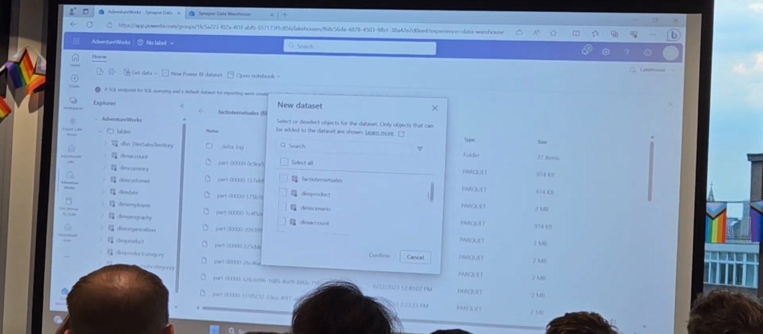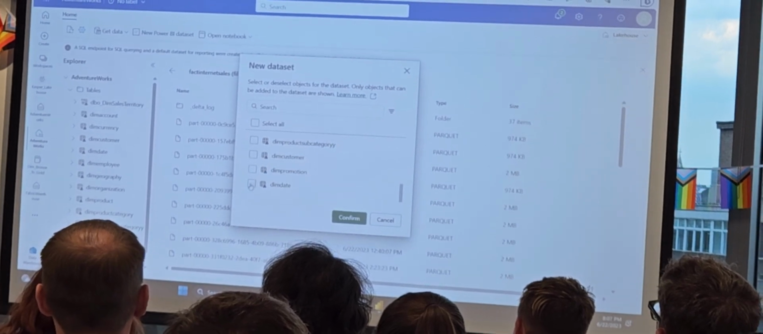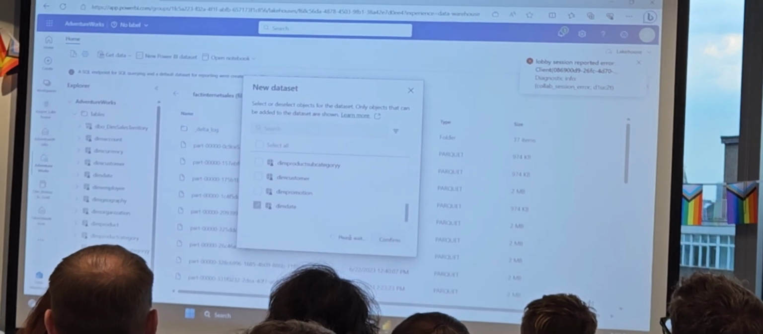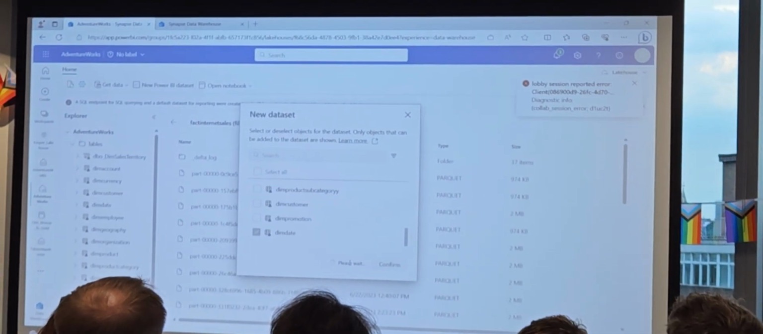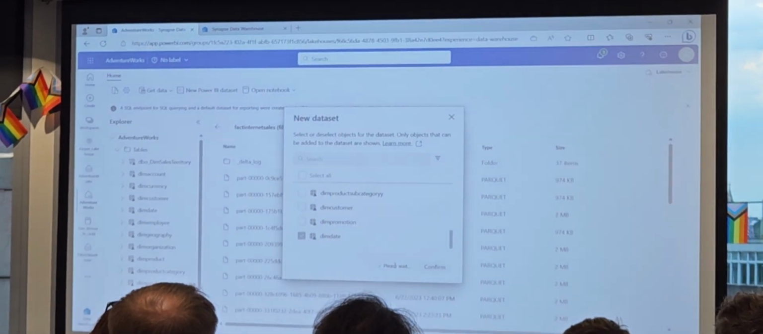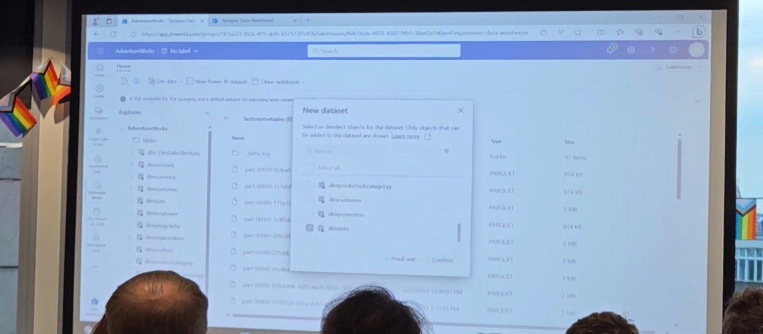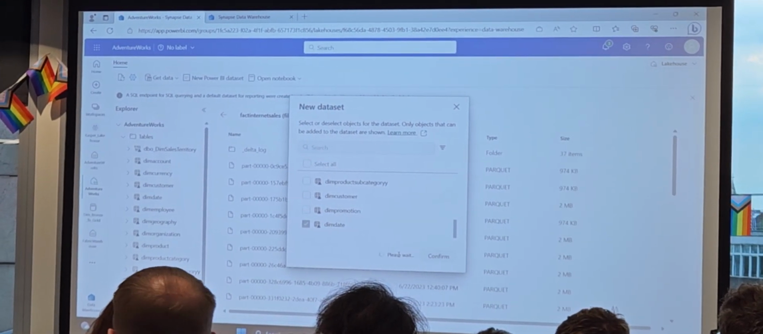Okay, let's see, all the tables, factory internet sales, I'm going to take it really simple and straightforward, and dim date. I'm going to click on continue, and now it's going to create me a new data set. It's not going to import anything, it's not going to do anything, it's just going to reference those files sitting in the lake. What we've done is we've made it as such that as soon as you send DAX measures